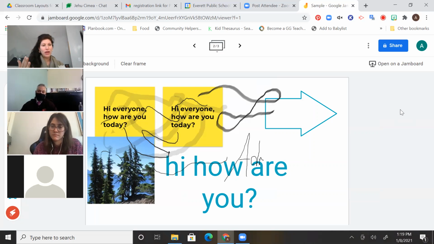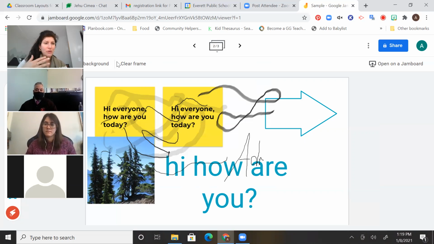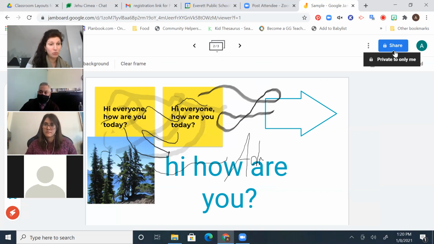Now, there are a few ways that you can utilize Jamboard. You could utilize it as a way for you, doing a teacher-fronted lesson, to share the information or take notes for students. The other option is that you could go up here to share, and you could make this an interactive session. So if you wanted students to be able to write on a Jamboard with you, for example, we'll use math again as an example, if you had a math problem on a Jamboard and you wanted a student to be able to access the Jamboard and write their answer on it, or multiple students,